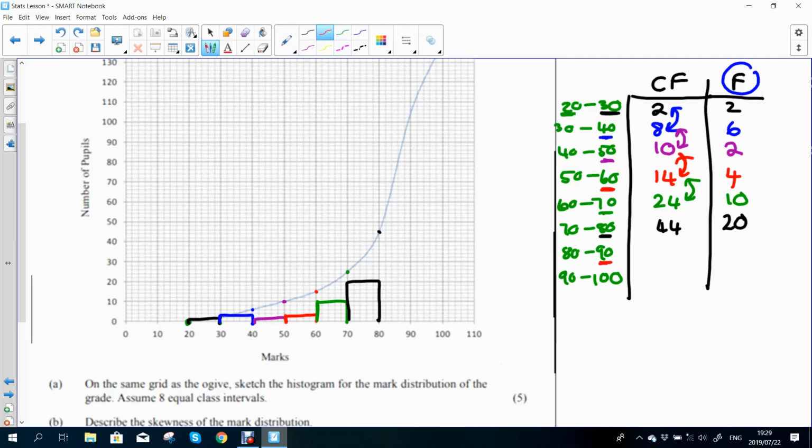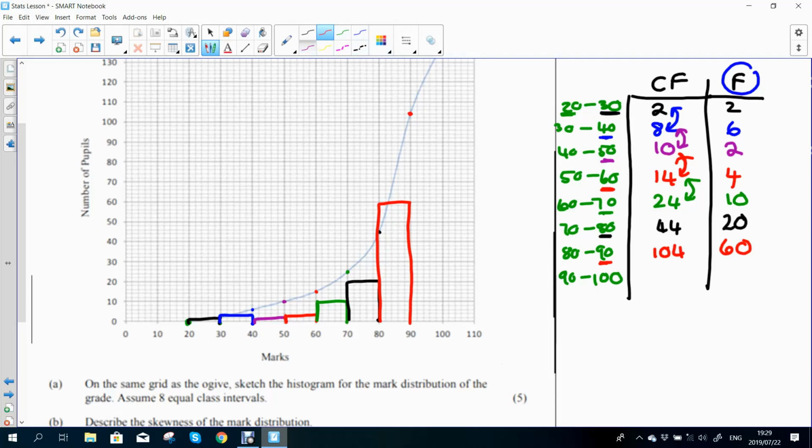We need to read off 90. Wow, 90 is so high. It's up here. So that is past 100, and it looks like 104, if I'm not mistaken. And then we say 104 minus 44 gives us 60. Okay, so the frequency table now needs to go up all the way to 60. Let's just draw that in. There's 60. And then we close the bar.